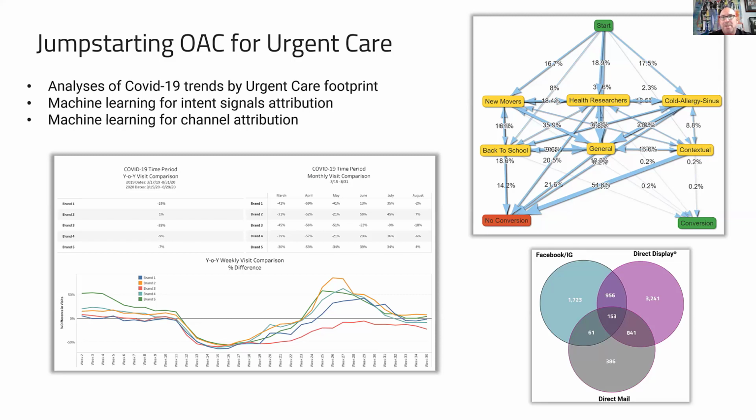first touch, last touch. What was the last thing I saw? What was the first thing I saw? So it's a very easy heuristic method that is easy to calculate. You put the spin towards the last thing that they saw, and that's where you attribute the conversion. What we found was that because there were so many different views of the different creative and the different messages, that it was giving kind of a false positive. If you felt like the last touch item was your big driver, you would reallocate money. And what ended up happening was you were detracting from other signals or other intent signals that could actually drive